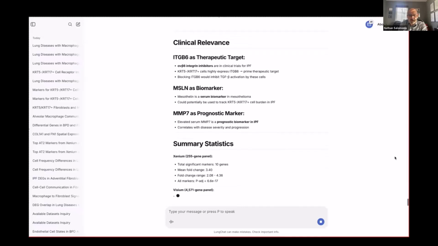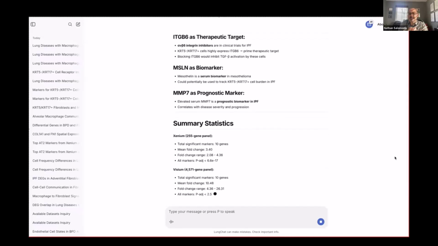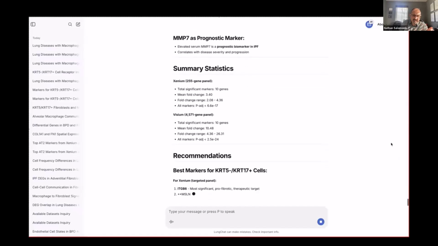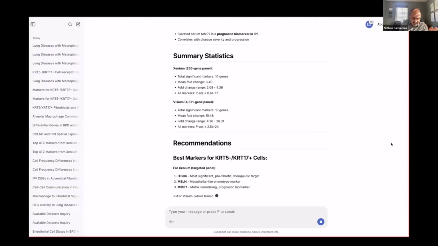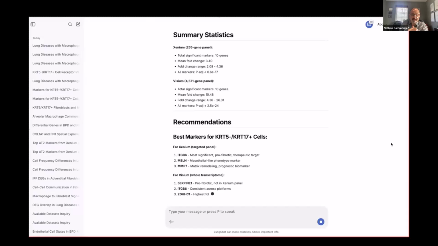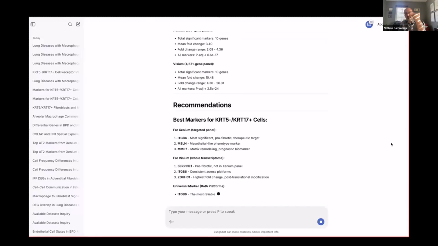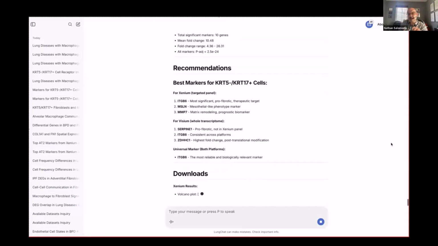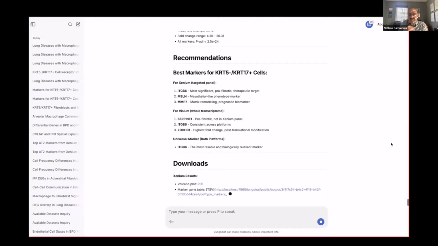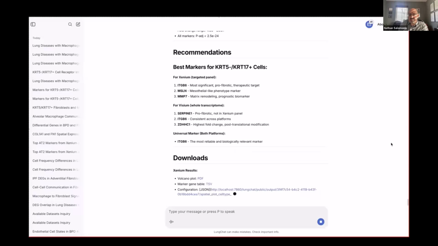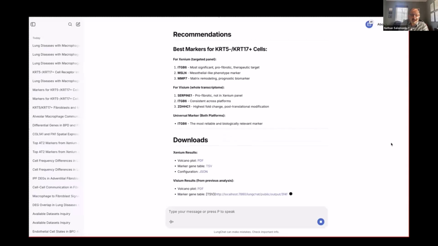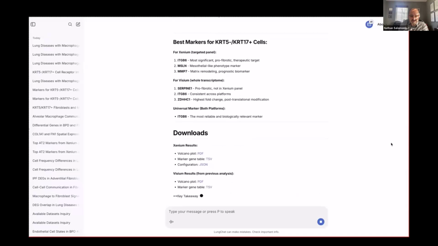There are different pros and cons between these different technologies. Xenium is a smaller gene panel. It says 255. It's actually closer to 300. That was part of our backend prompts. I think it underestimated along with Visium, where you have about 15,000 genes that are expressed. So again, a little underestimated here. But that's actually due to our previous annotations that went into it, not the LLM making that mistake. It's comparing and contrasting those different target genes for this aberrant basaloid population between the platforms, and letting you, again, download these results.